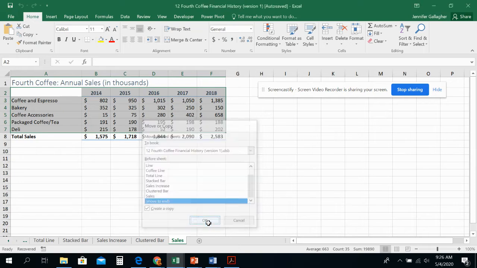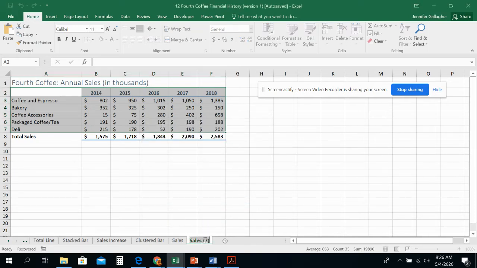So I'll press OK. Now I have sales version 2, and I'm going to change this down here to sales E, capital E, lowercase xp. I'm going to press enter to accept that name. Now, on my sales expense or EXP worksheet, I'm going to have A2 to F7 selected, and I'm going to